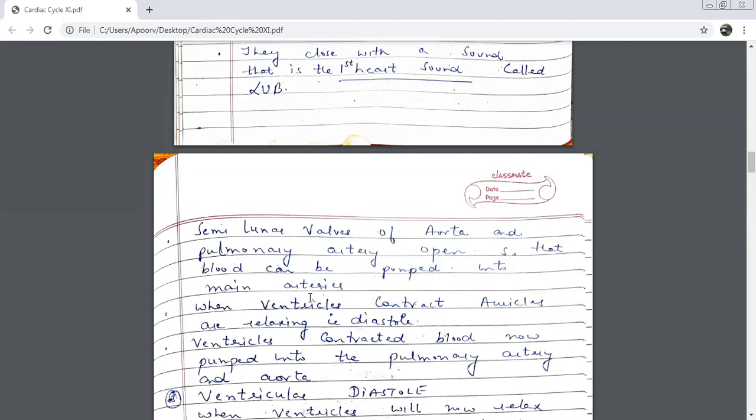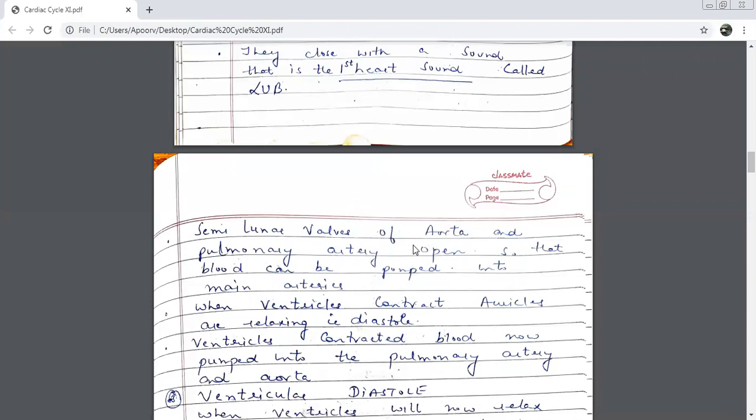pumped into the main arteries. Now, after all your blood is in the ventricles and the ventricles are contracting, the blood has to move out of the ventricles, beta. When the auricles were contracting, the blood was pushed out of the auricles to the ventricles. Now the ventricles are contracting, so blood has to be pushed out of them. Where will the blood go? It will go to the aorta and the pulmonary artery. For the aorta and pulmonary artery to receive this blood, what walls are open now? The semilunar walls will open.